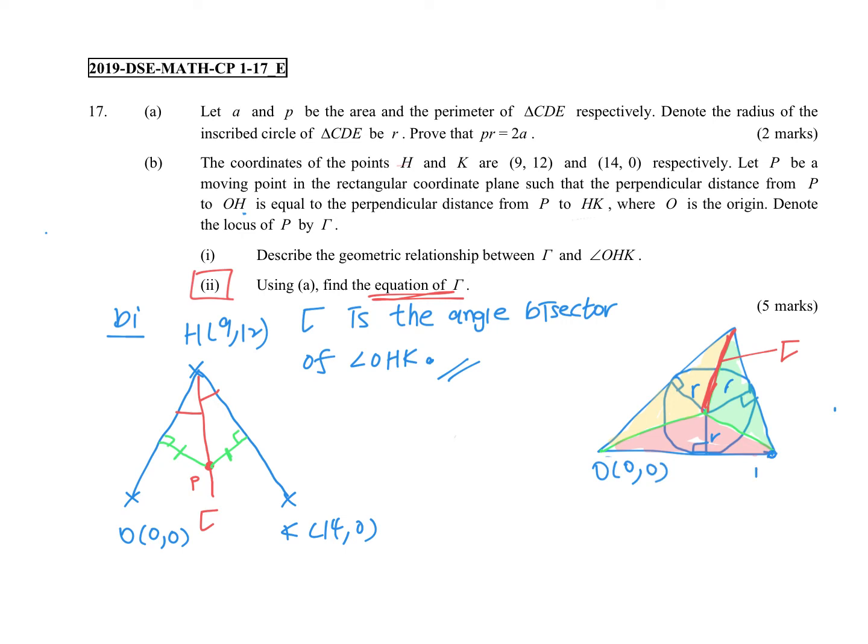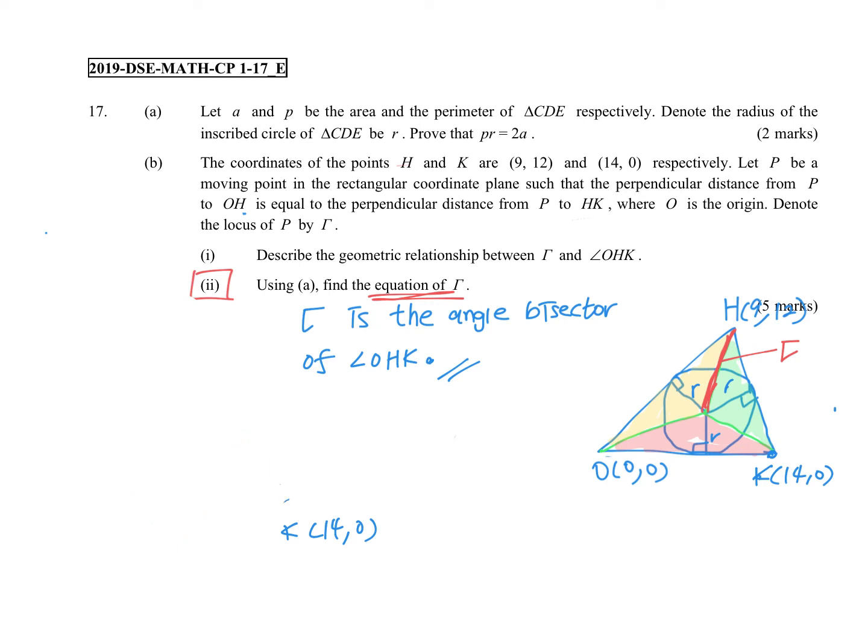And that's H, that's K, and that's H. 9, 12. Okay, so gamma. Good. So that's why here we erase this. And then we know angle bisector already. That's good. So for finding the equation of gamma, which is a straight line, no, it's angle bisector, but still